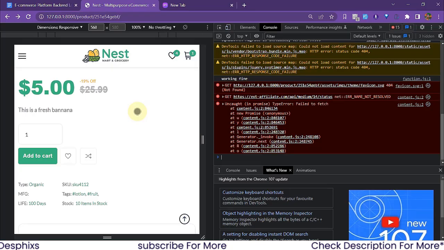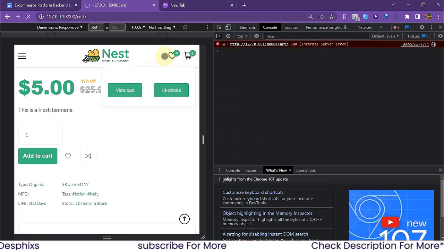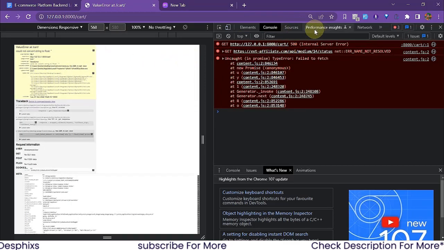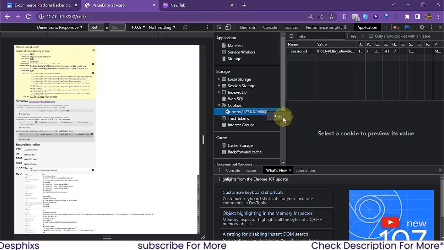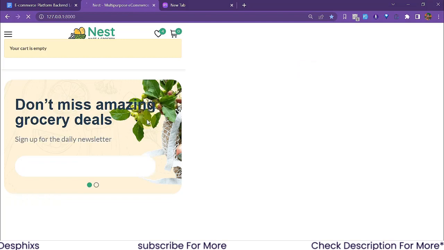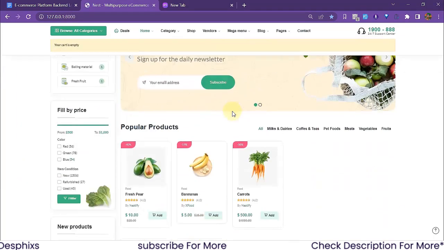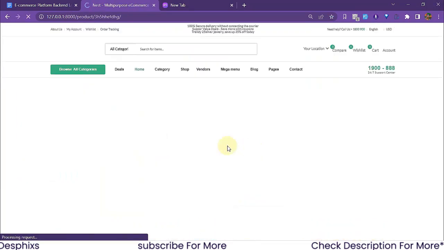So right now this should be working well. Let's try accessing the cart again. We get this error. That's because we need to go ahead and clear out the cart this time around. I'm going to come over here and clear this. If you refresh this now, we should not get any error. Okay, that's great. Now let's try adding to the cart again, but from the product details, and make sure that